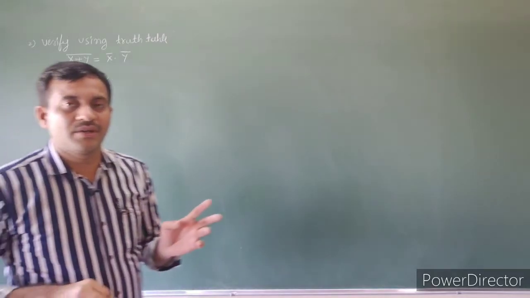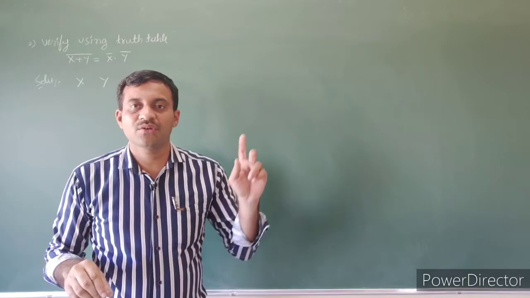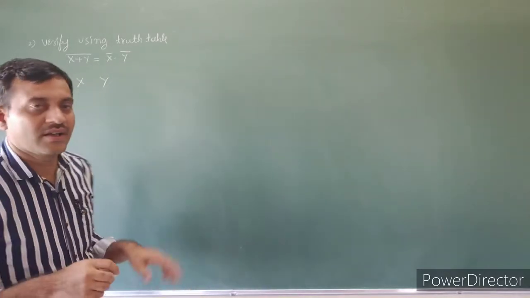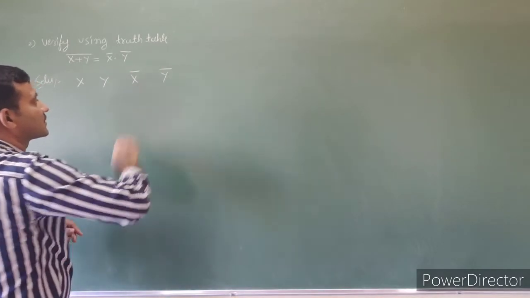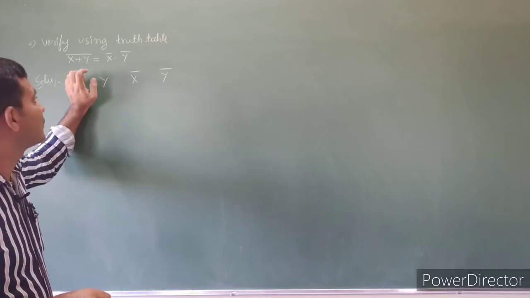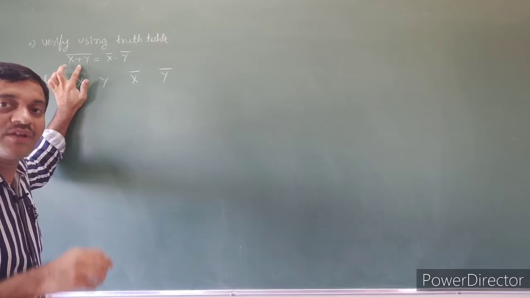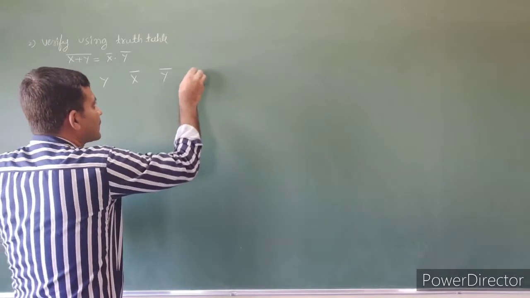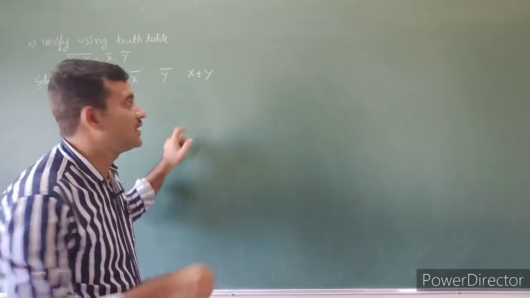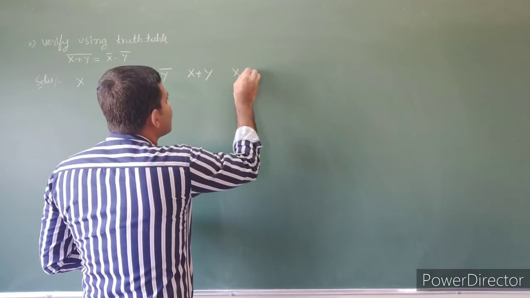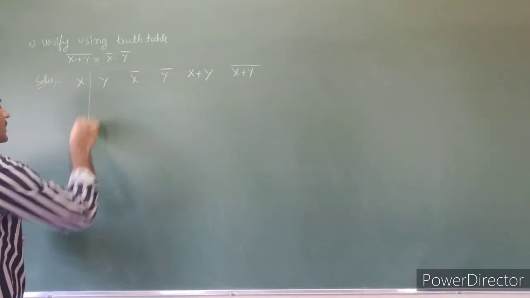In the truth table, Boolean expressions are evaluated using the precedence rule. In the precedence rule, first priority goes to the NOT operator. Here, there are NOT operators, that is x bar, y bar. Then we also have to verify (x plus y) whole bar. Before performing (x plus y) whole bar, we have to perform x plus y. You have to evaluate x plus y. Then using x plus y, we evaluate (x plus y) whole bar. So these are the columns required for this expression.